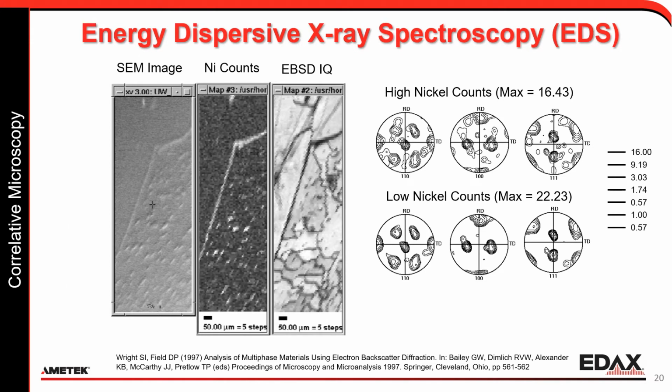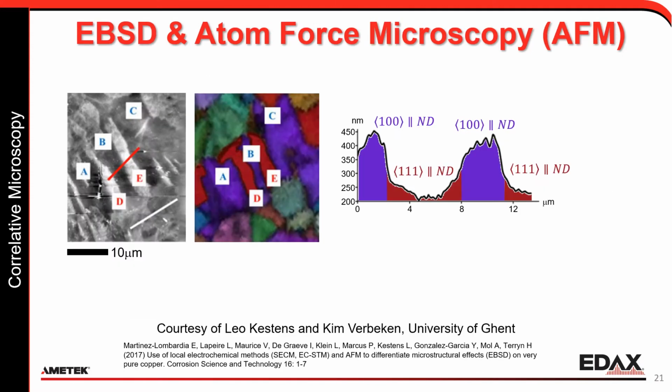Anyway, this idea of material state at a point certainly points the way to correlative microscopy. If we apply that kind of idea, then we can use EDS to find the composition at a point and link it with orientation. And this is our first effort at that back in 1997. But techniques have gone much beyond that.